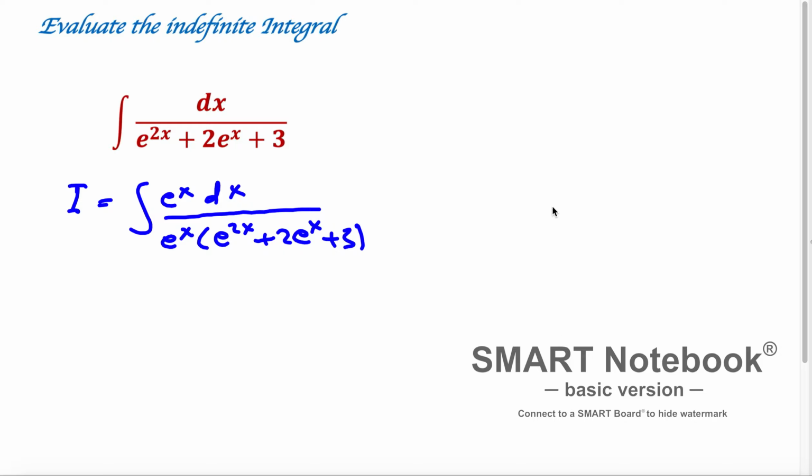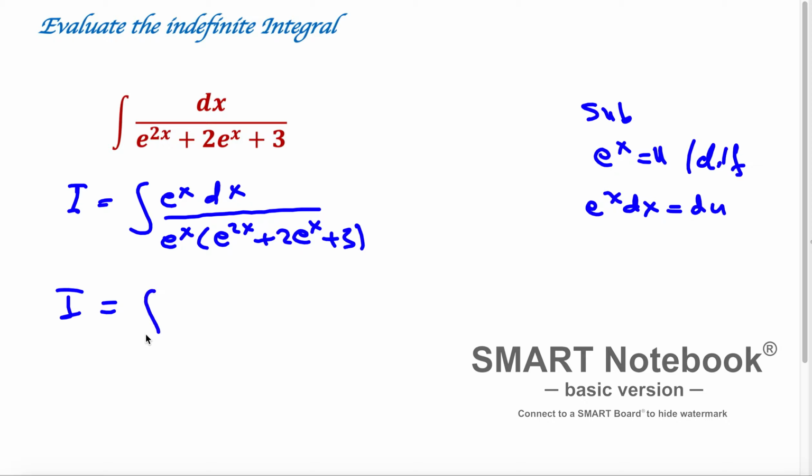And now we are going to substitute e^x equal to u. If we take the differential of both sides, e^x dx is going to be equal to du. And this integral is going to look in this form. Instead of e^x dx, I am plugging in du, and whenever I have e^x, I am going to plug in u, and here is a u squared plus 2u